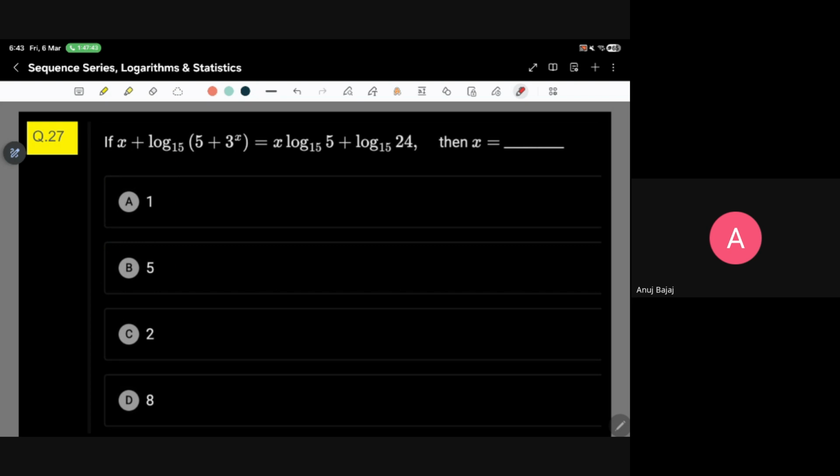So one way is to check by putting the options. But what if they ask you how many solutions this equation has? So we should know how to solve this thing basically. Okay. So